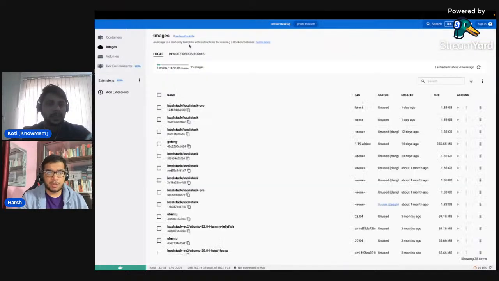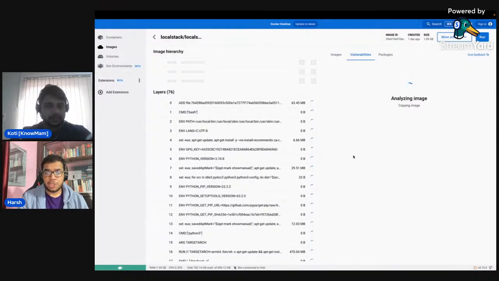I can show you a much more complex example. Let me show you the example of LocalStack itself, because it's a fairly large image, 1.89 GB. We really want to see how much memory is being consumed by each and every layer. So you can see there are almost,